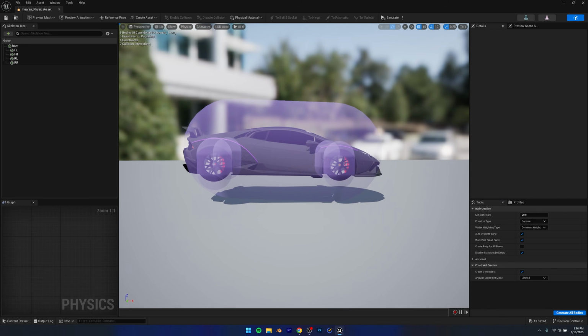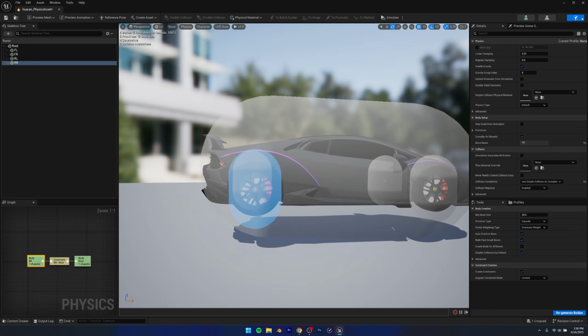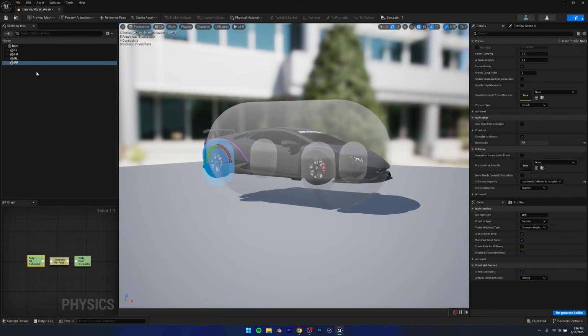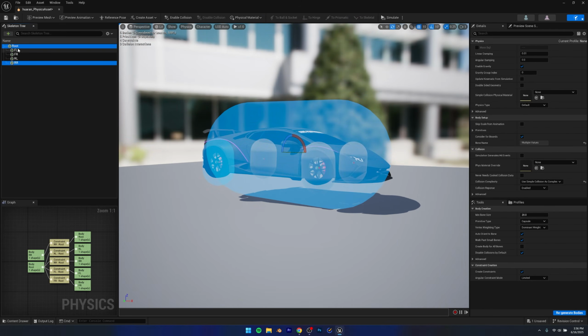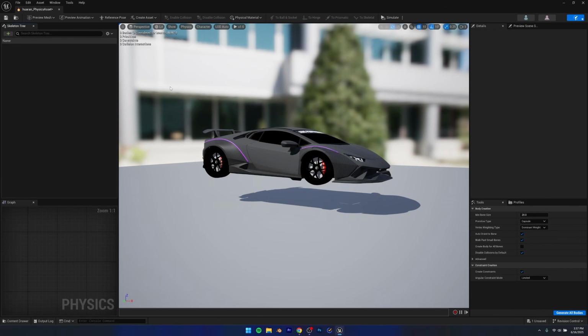You can see that the physics asset of the body is this capsule for some reason, and all of these tires are also capsules. So that is not correct at all. So what we can do is just select all of them on the left side, and you can just delete them. So once all of that is deleted, we can go ahead and create our own